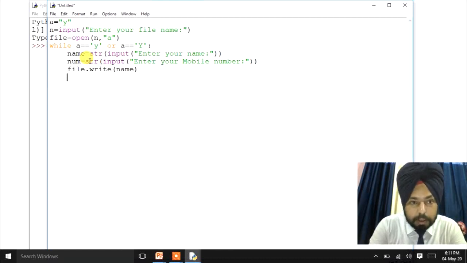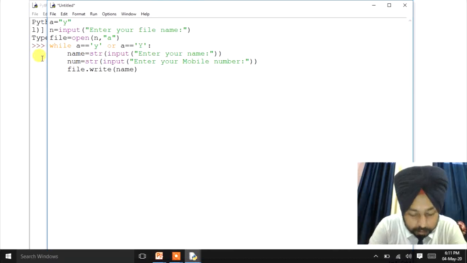Then in next line we'll use this numbers. Before that we can use one more function, write function for the next line. That will be file dot write, and here we'll use a slash n.